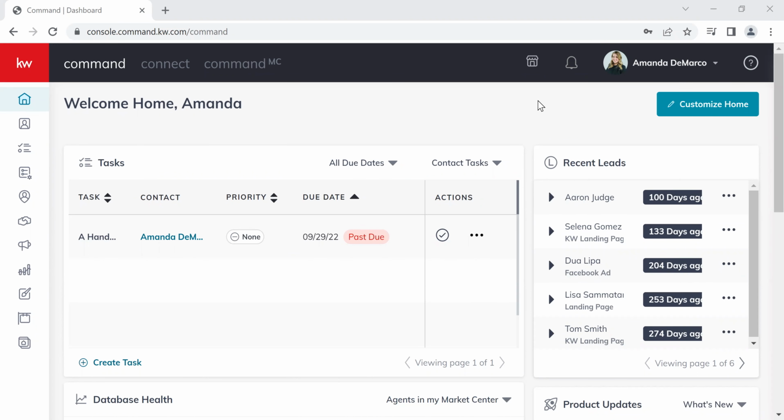Welcome. Today we are going to be going over some tips and tricks to help you make your KW website work for you. So in case you don't know, every agent within Keller Williams has their own website. This is going to be a subdomain of kw.com, meaning it is always going to be whatever you prefer your website to be,